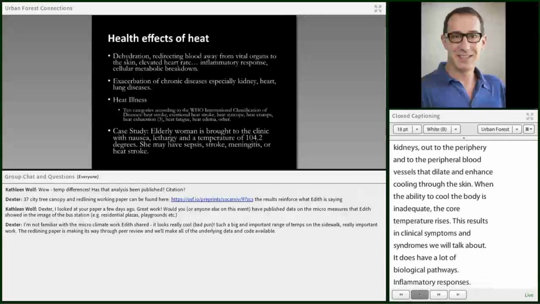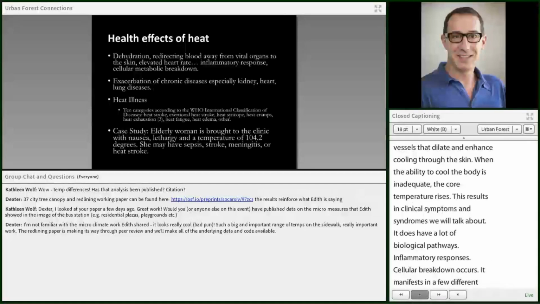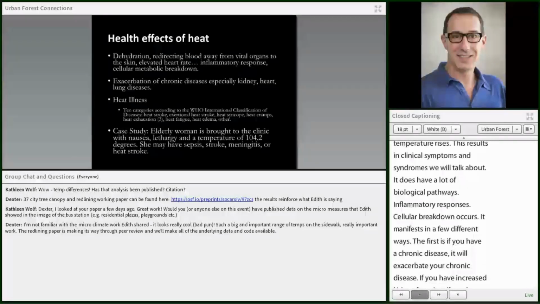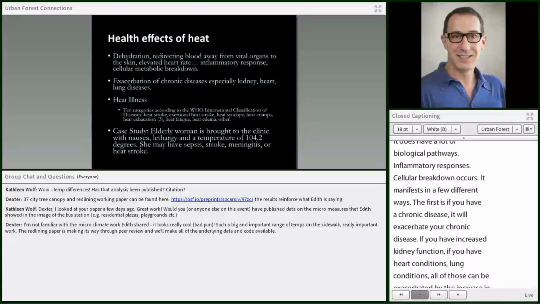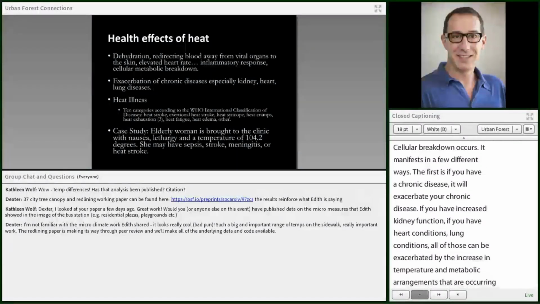The first is that if you have a chronic disease, it will exacerbate your chronic disease. If you have decreased kidney function, if you have heart conditions, if you have lung conditions, all those can be exacerbated by the increasing temperature and metabolic derangements that are occurring and inflammatory derangements that are occurring in your body. It also causes